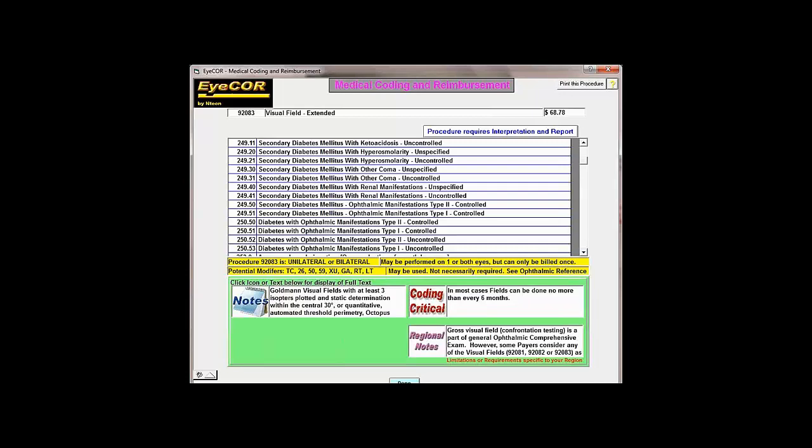When I did a count of this, this is one particular region of the country, and it does vary by region, but pretty much they're the same in this type of scenario. And there are actually over 500 different diagnosis codes that support visual fields. So I'm just going to go through